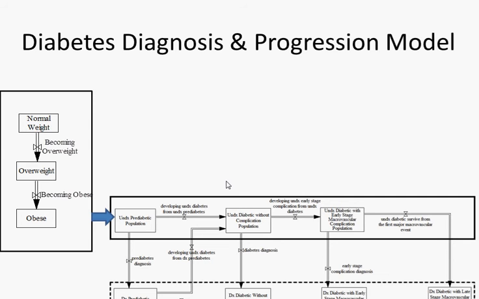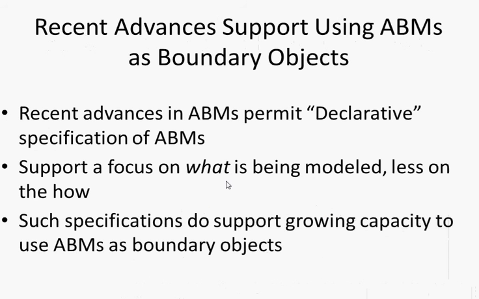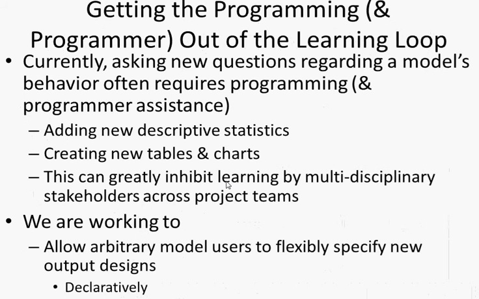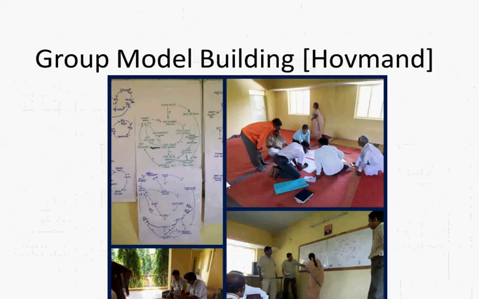And once again, models like this in system dynamics are fairly readily parsable. I do have a later slide where I'll perhaps talk about one particular aspect of that, and it relates to, in fact, this